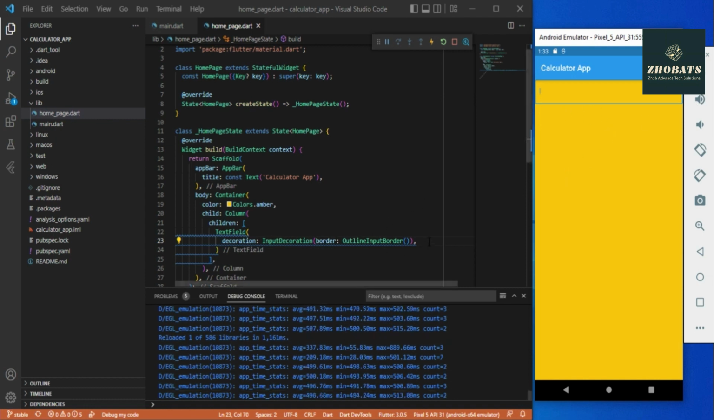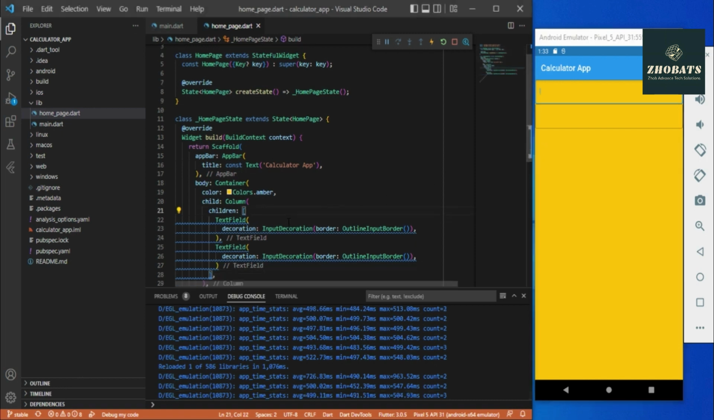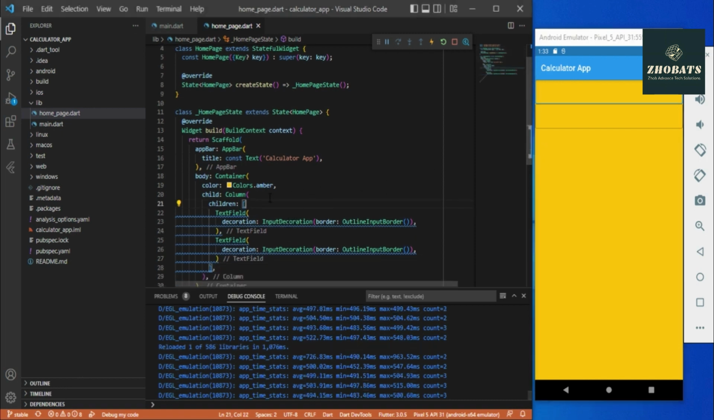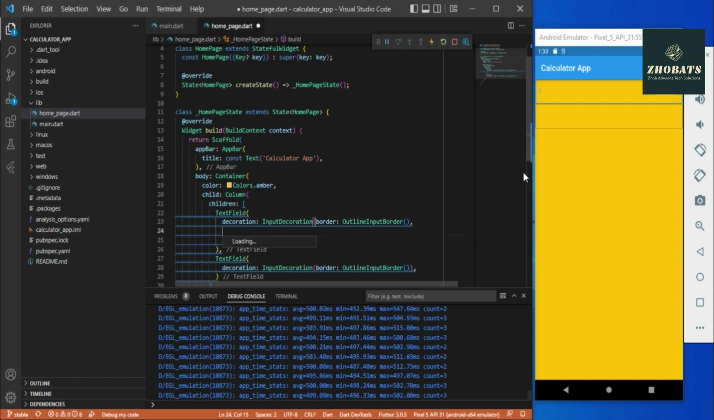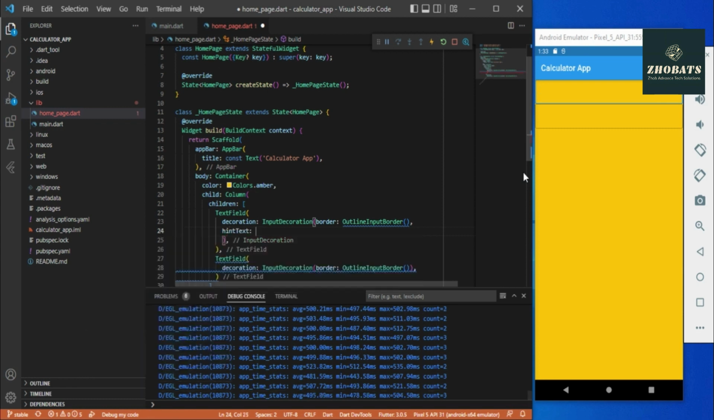Okay, so what I can do, I just copy this and paste one more, so that you can see we have two different text input fields. Okay, now for this we can use some further properties as well. Let's use for this, and we have, do we have any hint text? Yeah, we have. So here you can simply pass a string, let's say first number, and since we are not taking anything dynamic, so just put const over here,